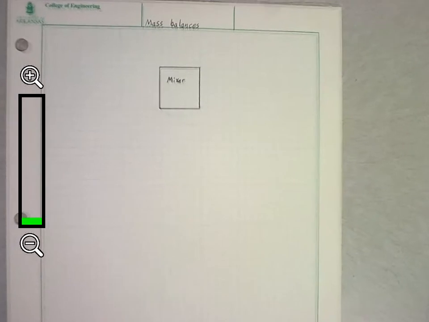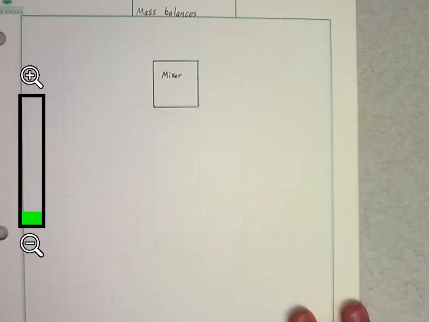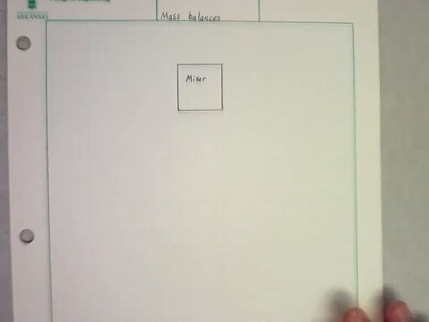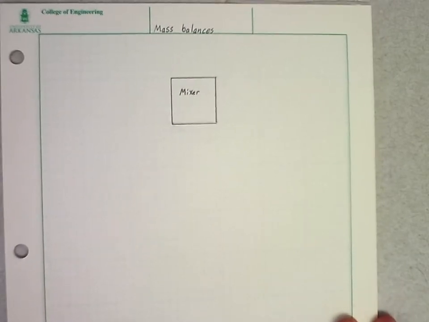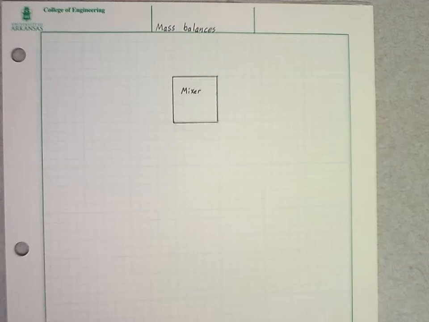Okay, so today's topic we want to discuss is mass balances. Mass balances is an important concept that comes up a lot in chemical engineering, but also in mechanical engineering, civil engineering, biological. Basically anywhere where you have some sort of materials moving from one place to another, we use this concept of